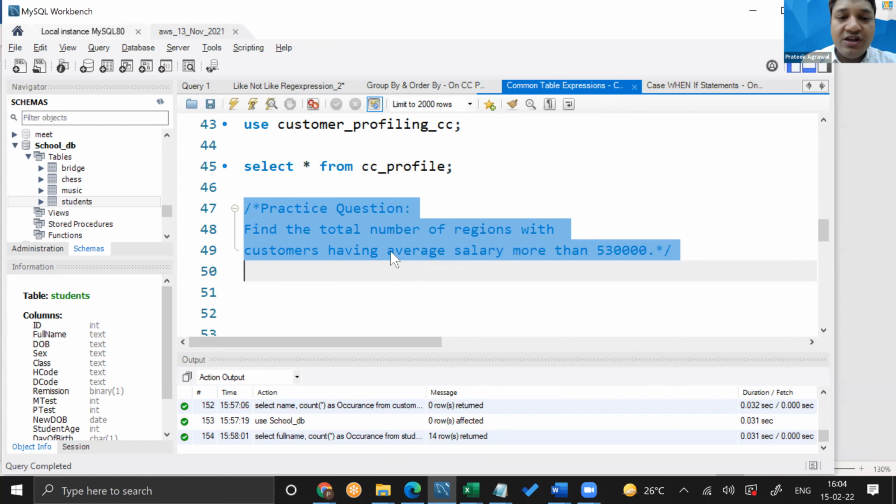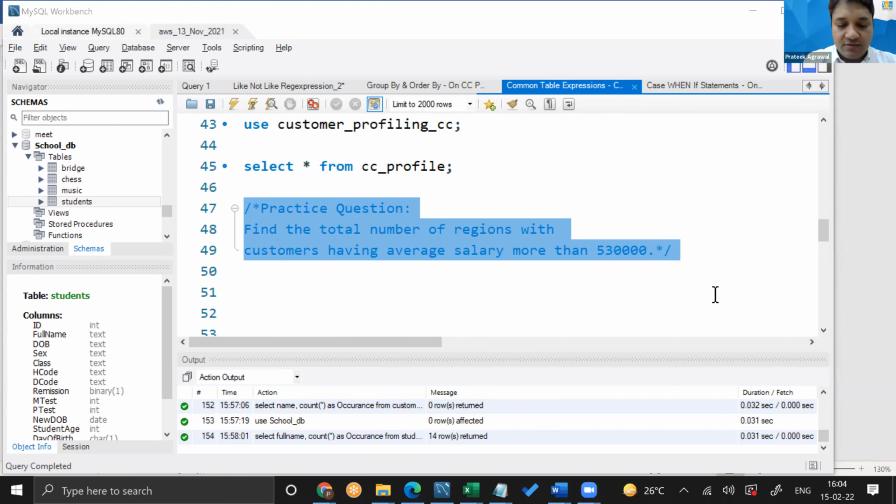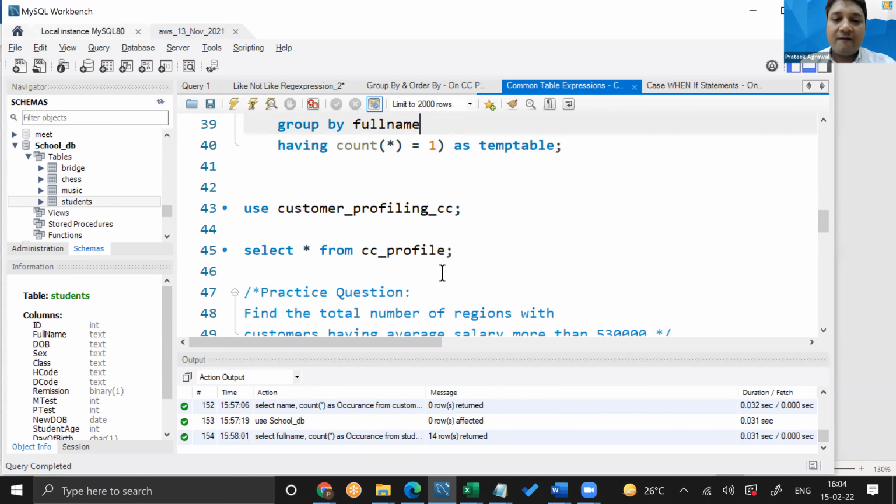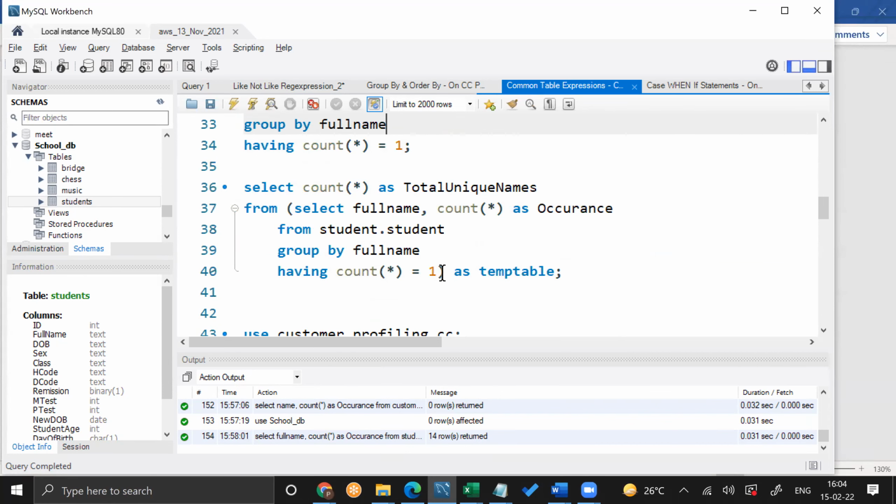Find the total number of regions with customers having average salary more than 530,000. Is it making sense? Yes, Pratik. Only one question for tomorrow, guys.